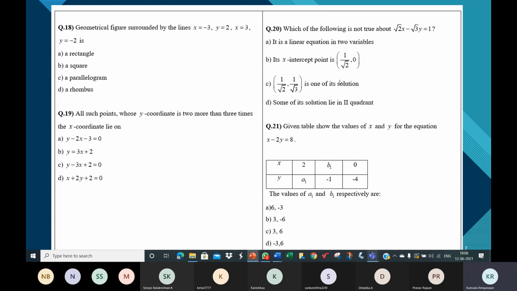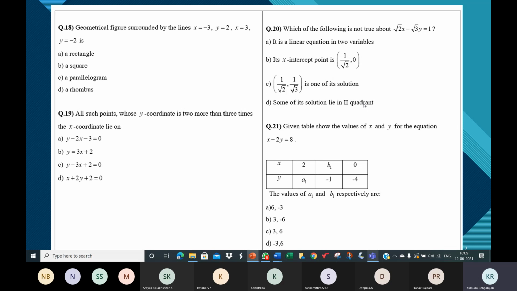C is not true. Which of the following is not true? So C is not true. But sometimes you can have multiple answers. So you have to be safe. Meaning, in order to be safe, you'll have to check if D is true or false. C is not true, but A is true. B is true. C is not true. Okay, but D, is it true or not true? We don't know. So you'll have to check that.